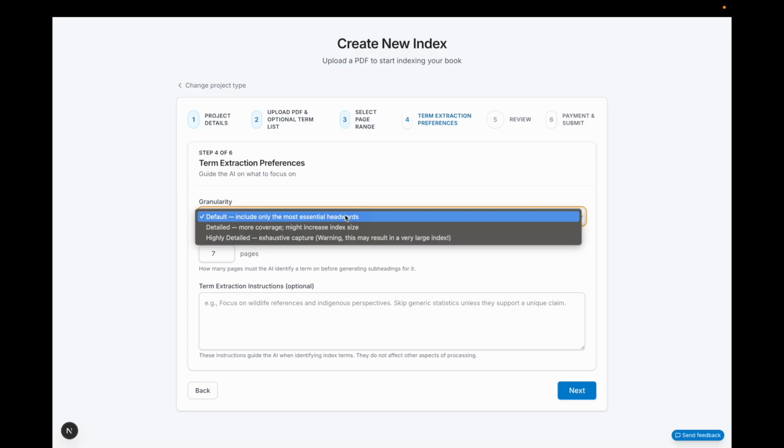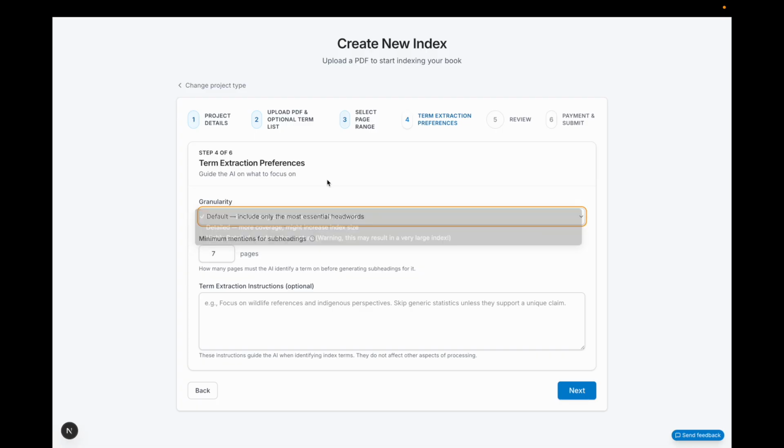The default level is what I would recommend, just in that our AI system can be pretty comprehensive. And you can also dictate whether you want subheadings to be generated for your index. Those are subterms that essentially get at the manner in which a primary term is used. For instance, in the book that I wrote, the term America was used frequently, but it was used in different